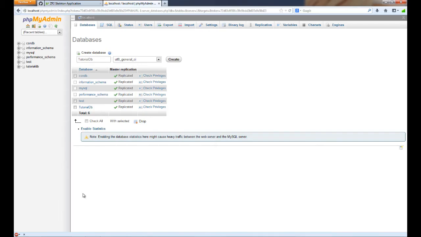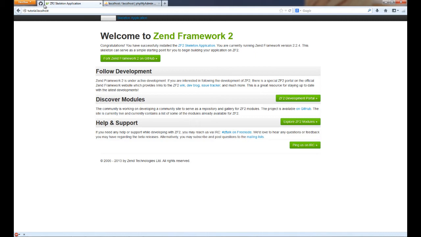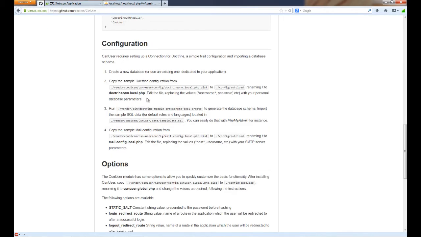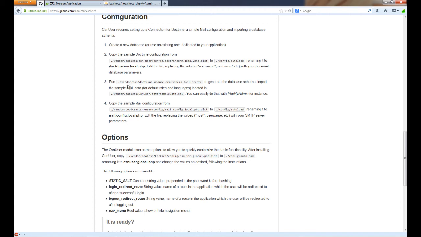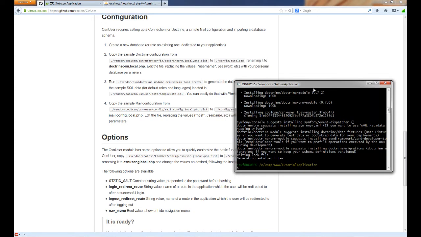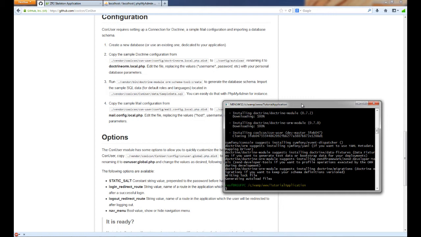We go back to the readme and check to see what's next. Okay, run the Doctrine module 2 to generate the database schema. Import the sample SQL data. Okay, that's easy. I can do that. I can actually